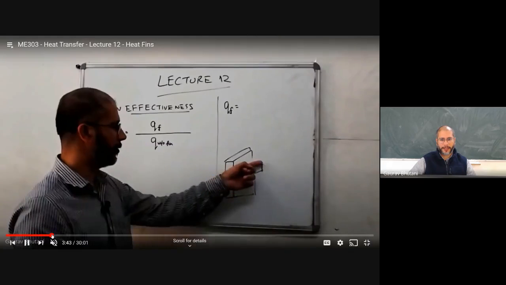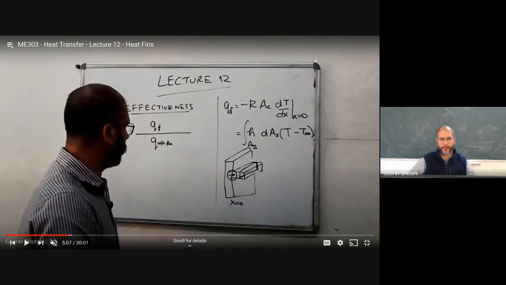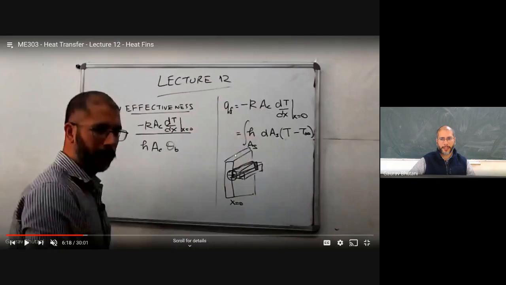Okay, so we then wrote the expression to find the Q, because Q with the fin, that is the heat that leaves from the base of the fin, is ultimately convected out from the surface of the fin. So we can calculate Q_f using this idea, and then the rate of heat loss without a fin can be written as h times the cross-section area times the excess temperature at the base.